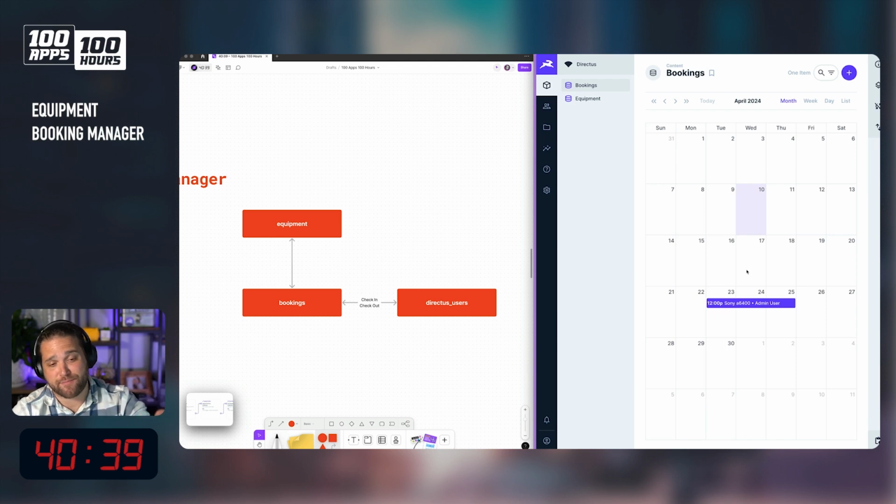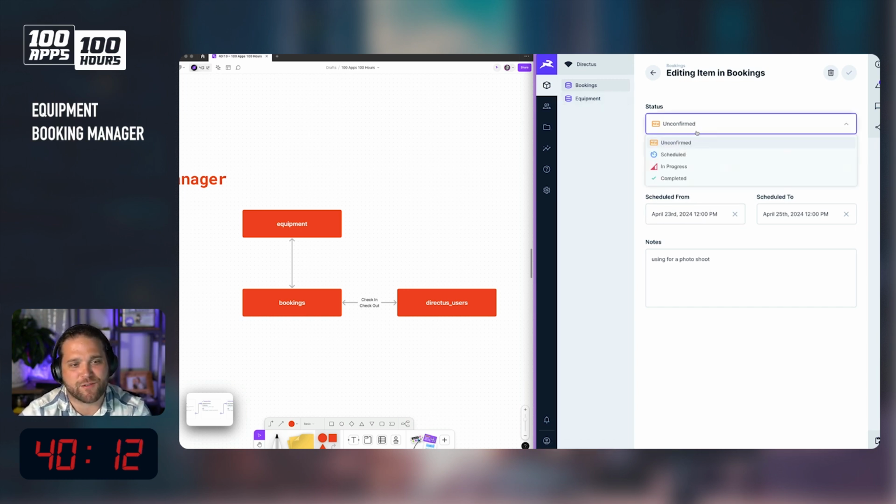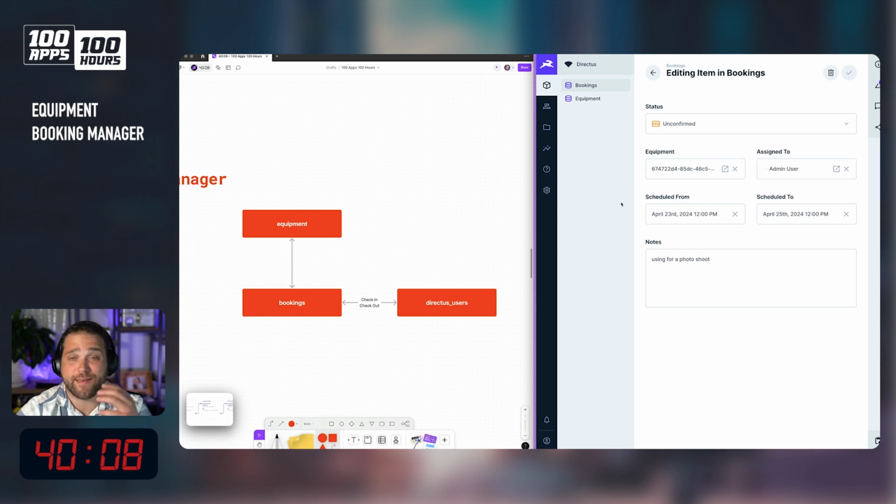go in and see this schedule, right? This is really bare bones functionality. I could give access to our team to this and set up some separate permissions. But now let's maybe add some automation to manage this booking process, right? It seems kind of, the flow doesn't seem quite right to me. So we wouldn't have somebody go in and manually adjust the status for their booking. Maybe we can take advantage of Directus flows and build something to